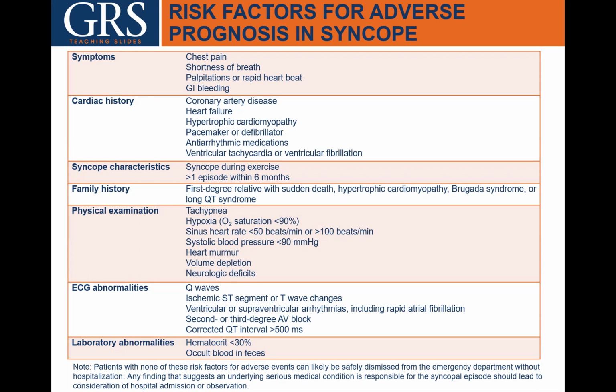hypertrophic cardiomyopathy, Brugada syndrome, which is common in Asian countries and has 3 different subtypes based on different EKG manifestations, and also a history of long QT syndrome. Physical examination findings include tachypnea, hypoxia, abnormal heart rate like bradycardia or tachycardia, systolic blood pressure lower than 90, heart murmur, volume depletion or deficits. ECG abnormalities include Q waves, ischemia, ST elevation, or T wave changes,